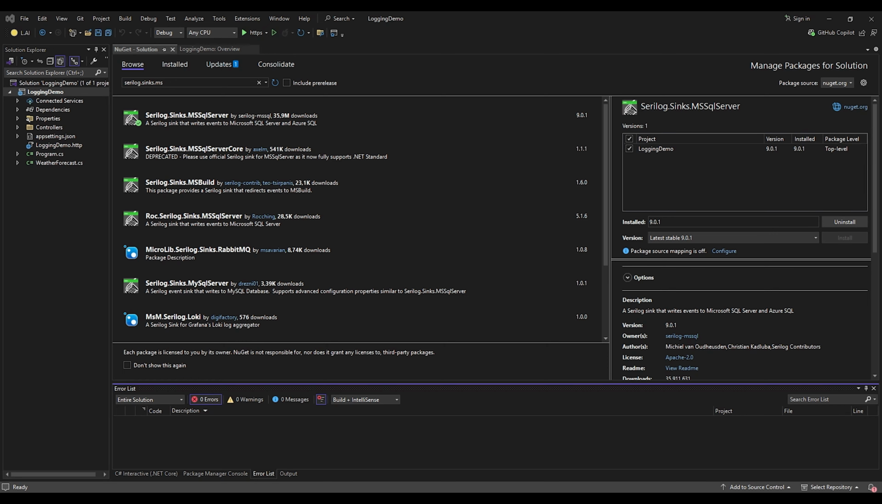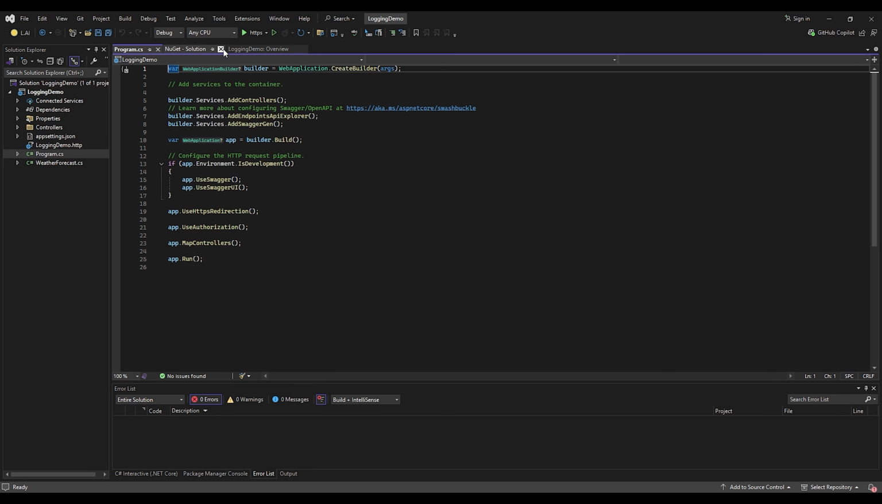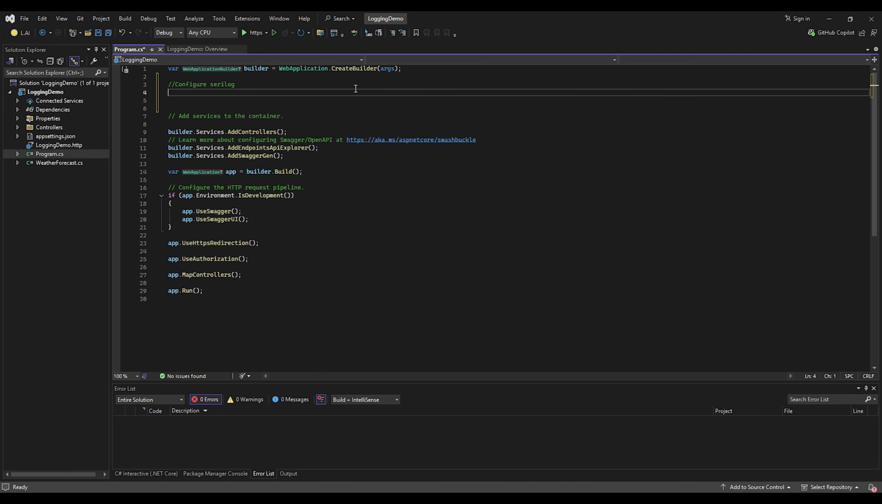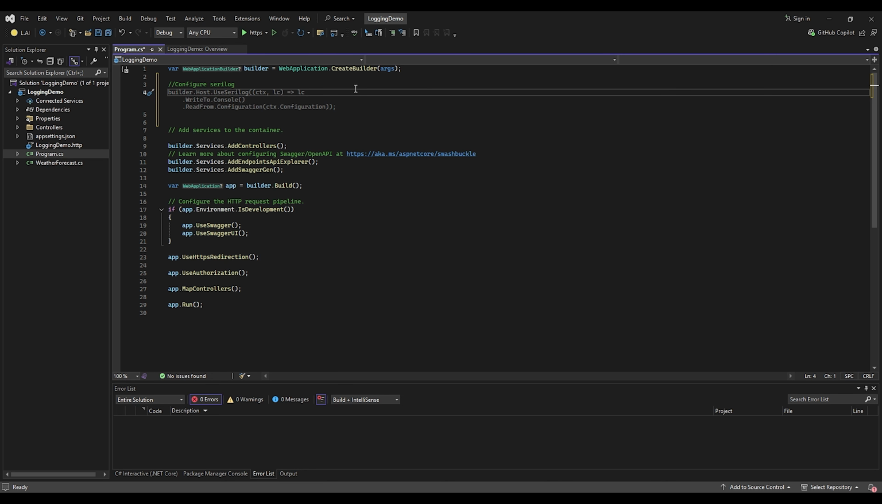Okay, now we have to configure Serilog in Program.cs. Let's go, Program.cs. We can close here. Okay, and let's configure Serilog as our main logging provider. We'll replace the default .NET logger with Serilog. Okay, after builder, configure Serilog, and we'll have something like this: